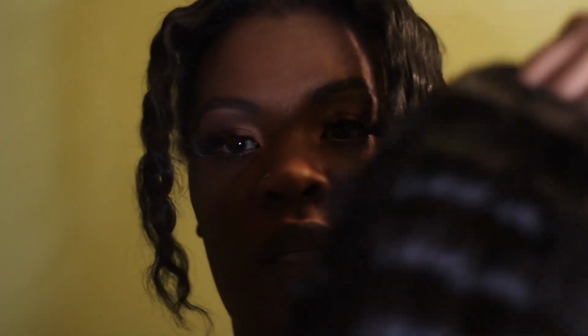Okay, so we got the wig. Remember, I had to crimp it. I'll show you what it looks like. Well, first of all, you gotta cut the little straps off. Those don't stay on. Please don't keep them on. I know back in the day they used to keep them on, but now